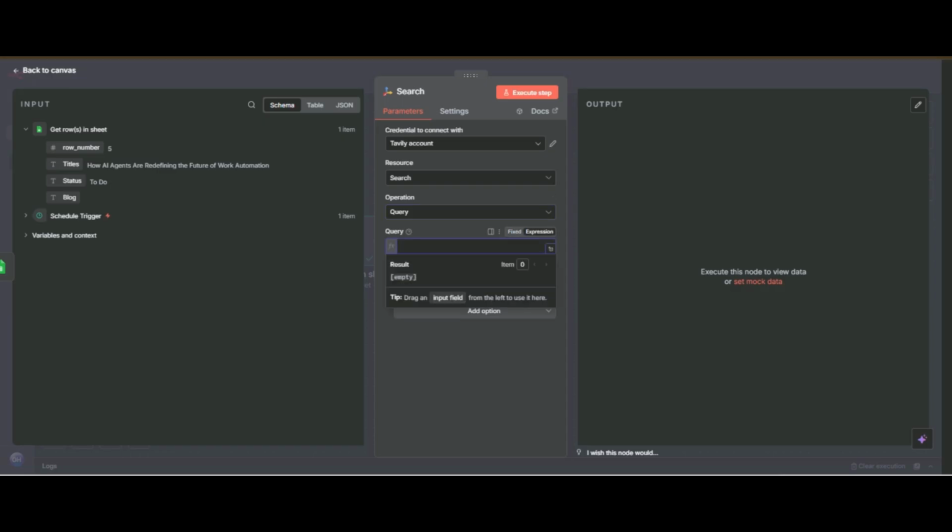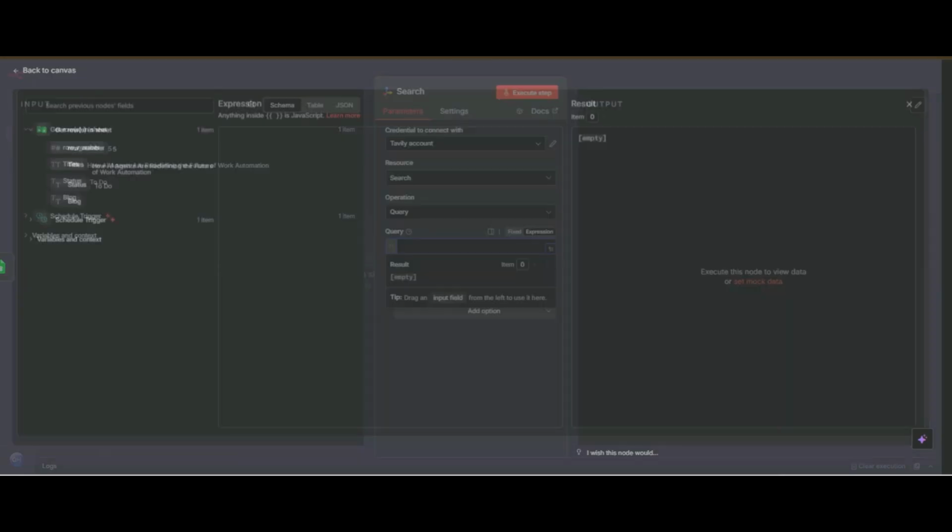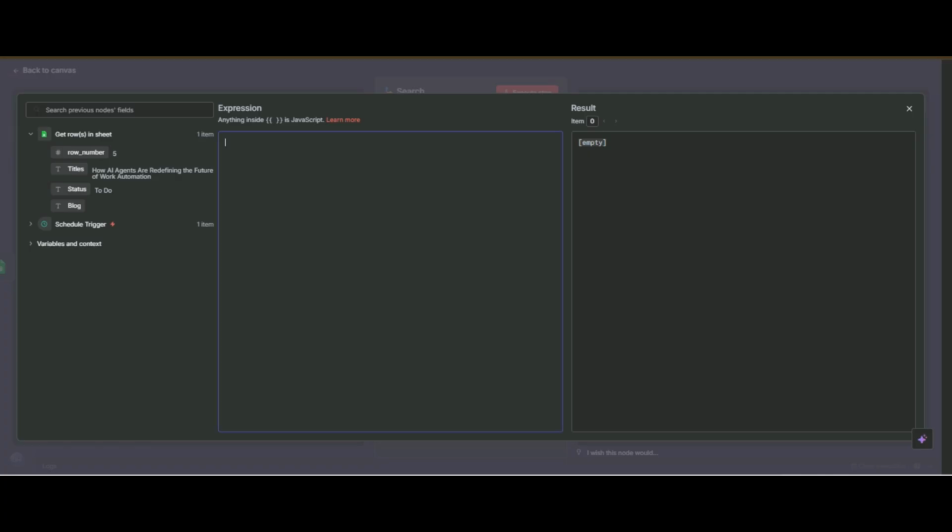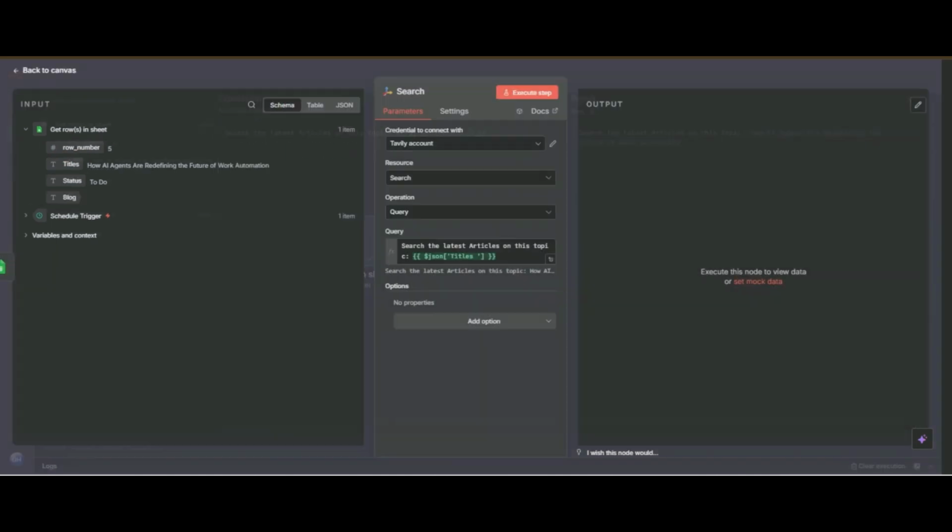Click on expression, and write search the latest articles on this topic. So drag your title here, the title JSON here.